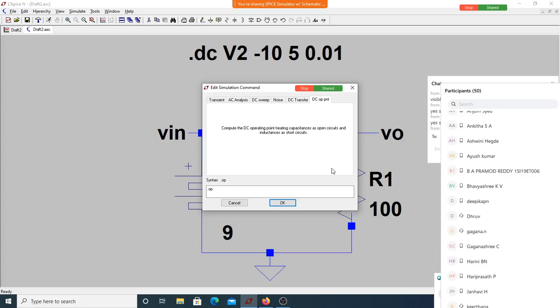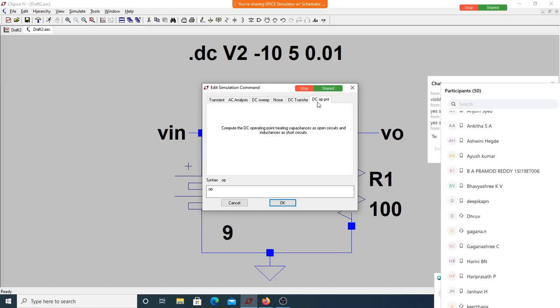DC operating point, capacitances as open circuit and inductances as short circuit. Compute the DC operating point treating capacitances as open circuits and inductances as short circuits. So it is simply giving DC operating points, meaning all DC currents and voltages will be listed.